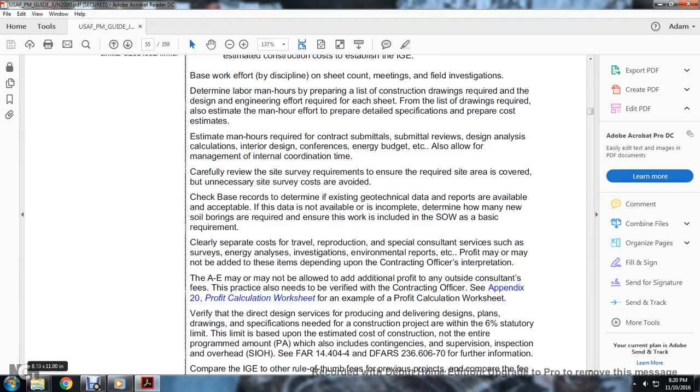Check base records to determine if the geotechnical data or report is available. If acceptable data is not available, then complete it. Determine how many new soil borings are required. Ensure the work is included with the statement of work requirements. Clearly separate the cost of travel, reproductions, and consultation services such as survey, engineering analysis, investigation, and environmental reports,